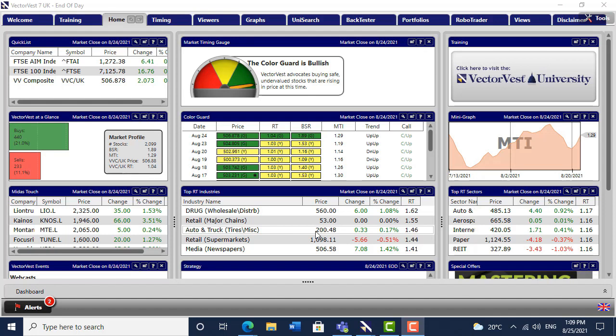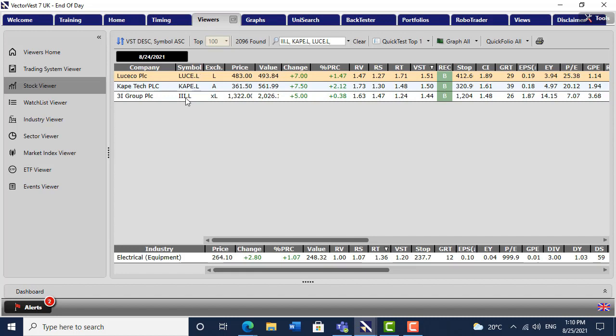It's so easy to make this business of stock market speculation and investing much more difficult than it should be. And in the essay I've tried to clarify, and I'm going to look now at 3 stocks, and those 3 stocks demonstrate my standard chart layout. So if I have a look at my viewers, I've brought these 3 stocks up. There are 3 stocks that I've been talking about in the new